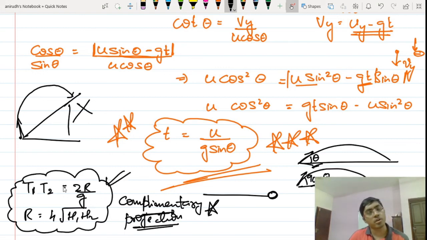So this is just to remember. No need to solve this. If you want to derive, you can derive that also. You can have a preparation by deriving this, so you can understand the physics in the concept of complementary projection more easily. So these are the two equations to remember so far as complementary projections are concerned. Other than that, we are just left with the concept of horizontal projection. That will be covered in a separate lecture.